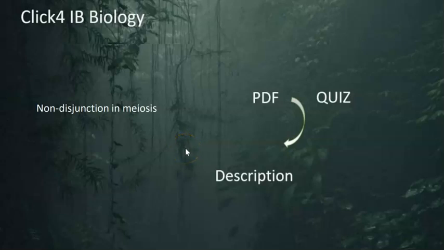Our topic is genetics, and in this particular presentation I'm going to be speaking about what's called non-disjunction in meiosis. This is a mistake, a fault mechanism within meiosis that leads to abnormal numbers of chromosomes in gametes and therefore